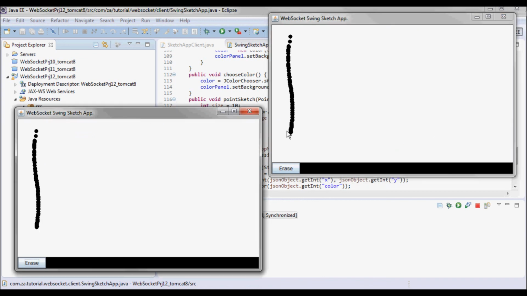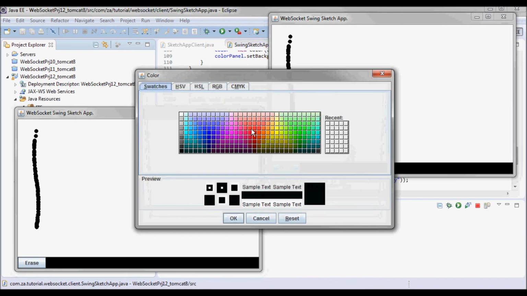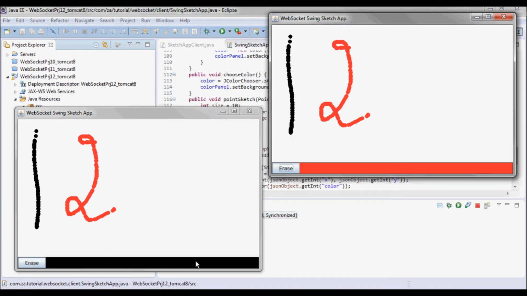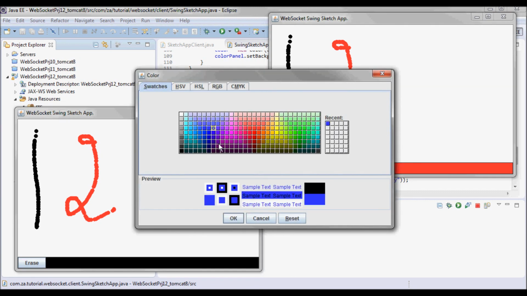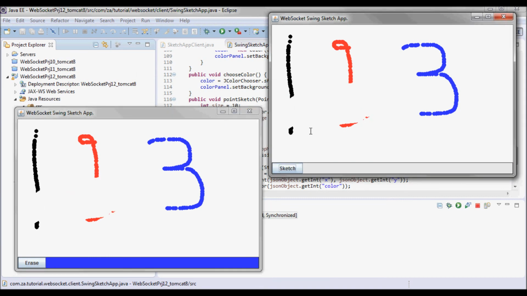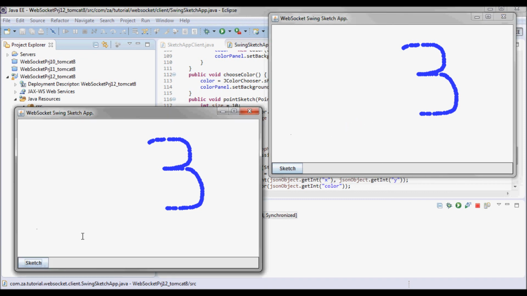And one. Two. And here 3. And this guy can do the same thing.